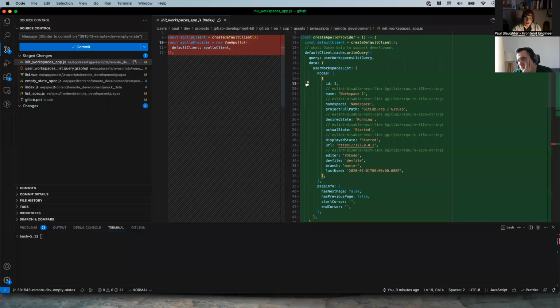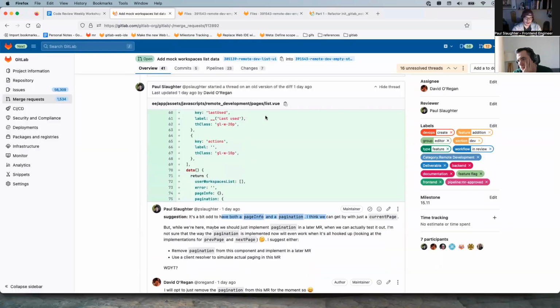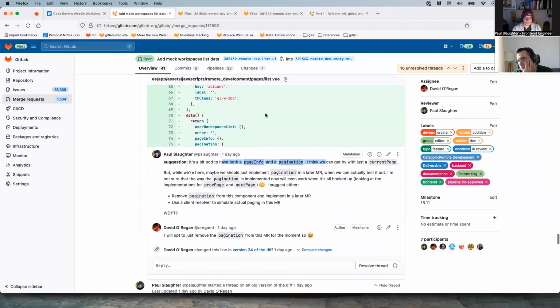As you can see in our mock data, we're only returning one item, so we didn't even have the mock data to test out pagination. So I suggested, at this level, let's just remove pagination until we can actually test it out.